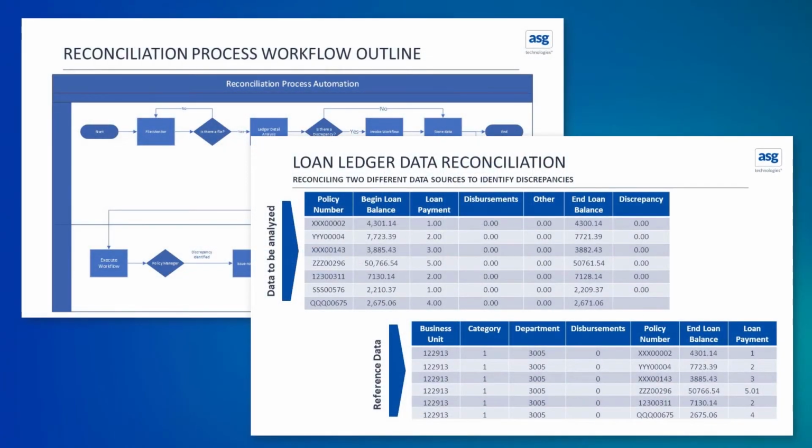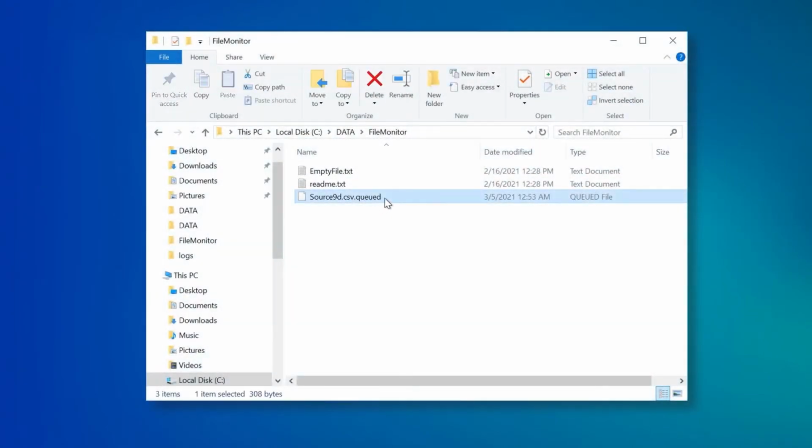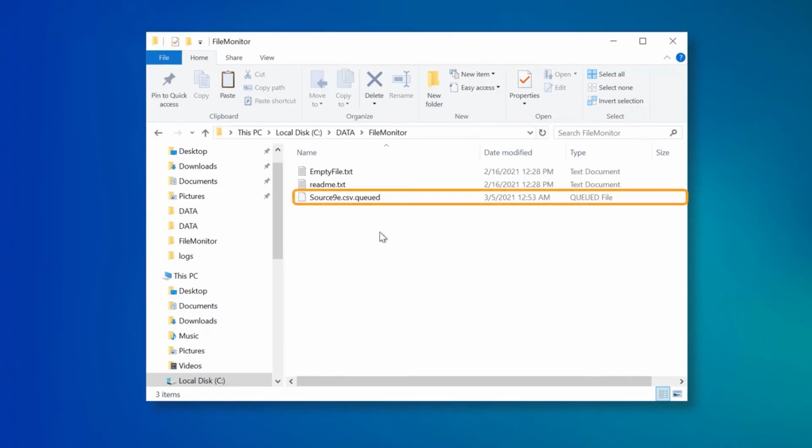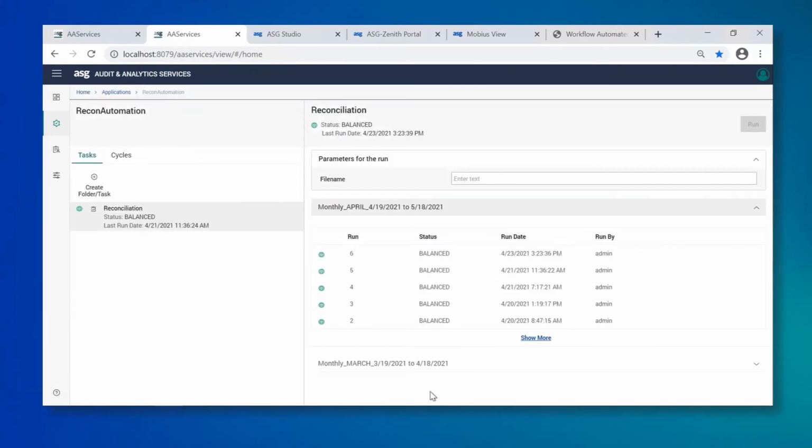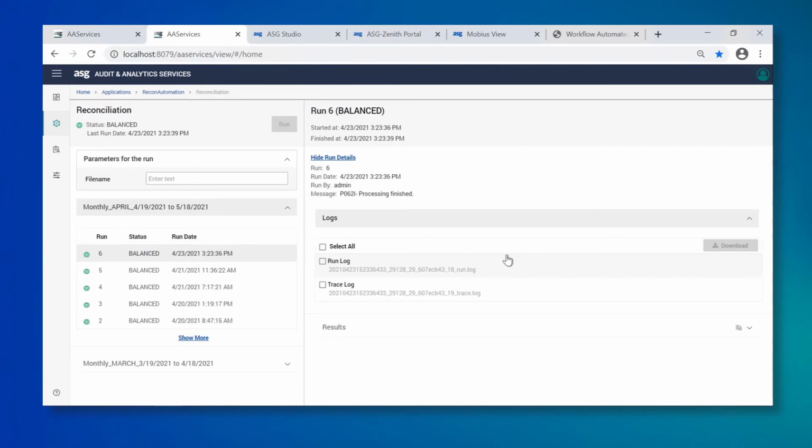To refresh our memories, here again is the pictorial representation of the business process and the data being analyzed. To simulate file arrival, target data has been placed at a pre-configured location. The file monitor, which has been programmed to continuously scan the data estate, picks up the target data and reconciles based on predefined logic. The user interface shows the most recent execution of this data reconciliation business process, and it's logged for auditability.